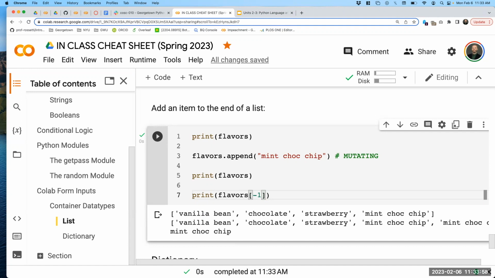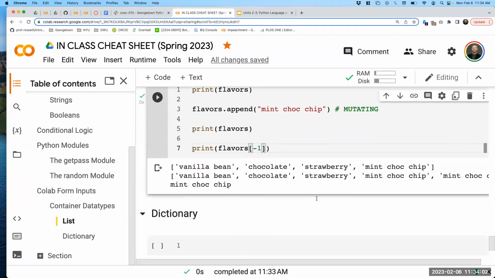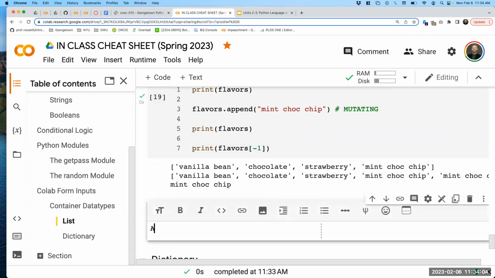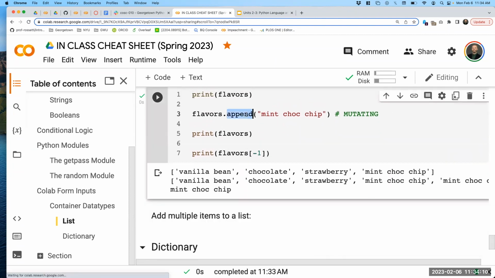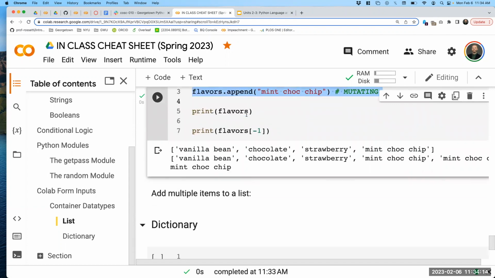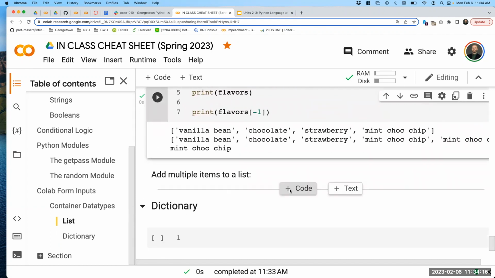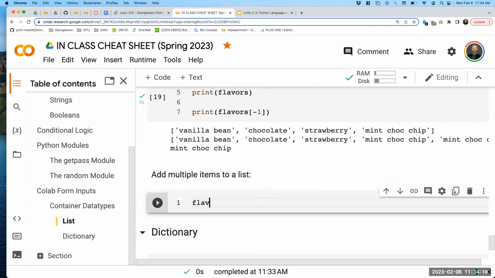Can you add multiple things at once? Let's see how we would do that. Based on your question, how could we add multiple items to a list? We would either need to do 2 separate appends, as you would imagine, or let me see. I think we could do something like this, like flavors plus some other lists, like